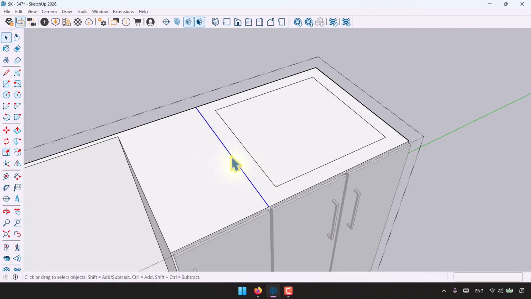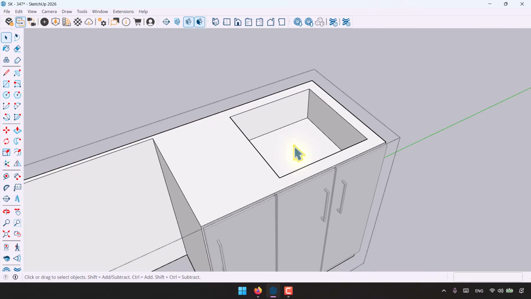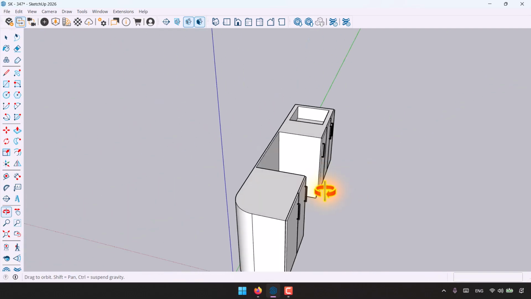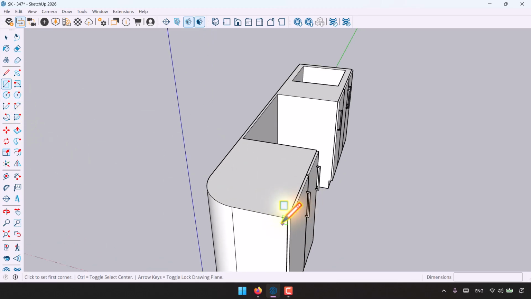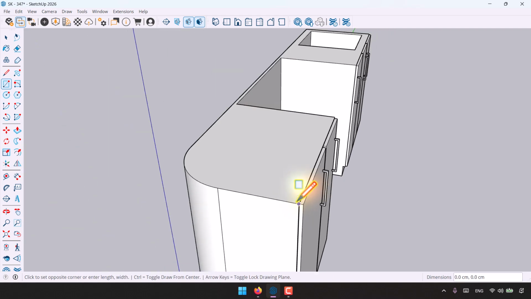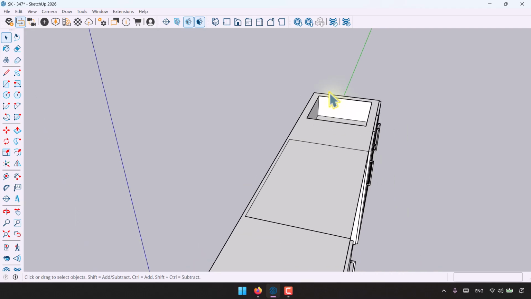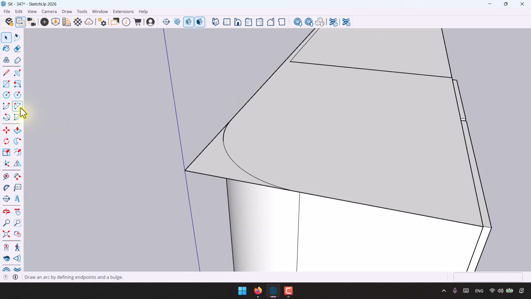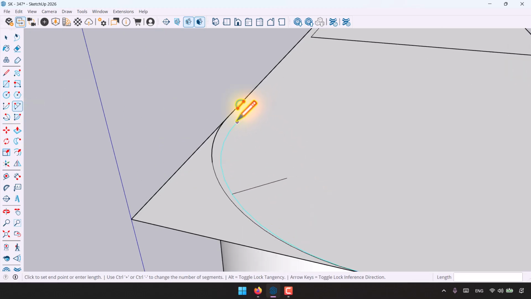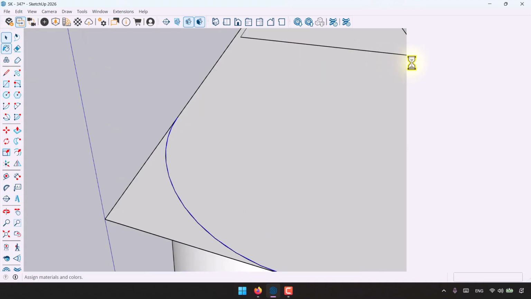Click on it, delete this extra line, move it to the downside about 20 centimeter, and now everything is done. Again, I need some surface for here, so I'm going to click on the rectangle, start from here, draw till here, draw another rectangle on this sink point, delete it, and also we need 2-point arc in here. So I'm going to click on the 2-point arc and draw some arc like that, select it, paint bucket, entity